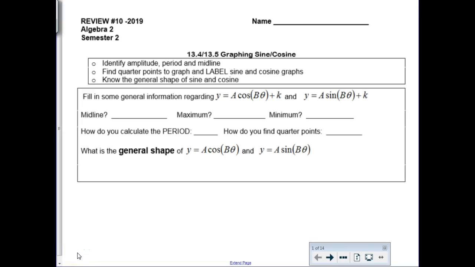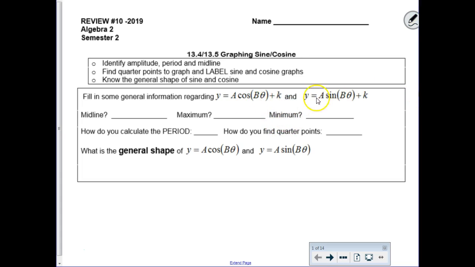All right, welcome back. This is what is likely our last summative for the spring of Algebra 2. We are going to cover all this new stuff that we've been doing with trigonometry, and there is nothing old on this test. So our first task in our review is to remember how to graph basic sine and cosine